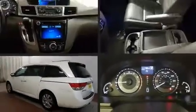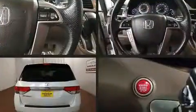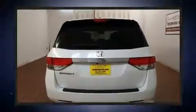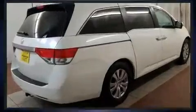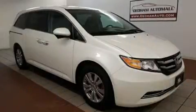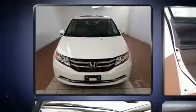You can expect a lot from the 2014 Honda Odyssey. A 3.5-liter V6 engine pairs with a sophisticated 6-speed automatic transmission, and for added security, dynamic stability control supplements the drivetrain. Top features include a split folding rear seat, a rear window wiper, heated seats, lane departure warning, remote keyless